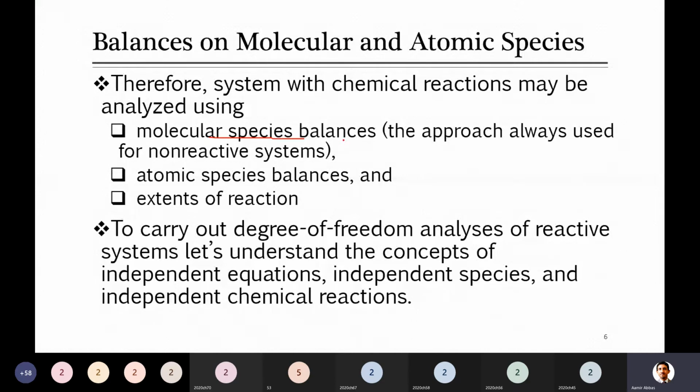So let's look at this. For the earlier system, when there were non-reacting systems, you easily know what independent equation means, or what unknown means. But here the unknown is more or less the same thing which you want to find, but in the degree of freedom analysis, we find how to accommodate these reacting species and how they will be independent or not. Let's talk about them.